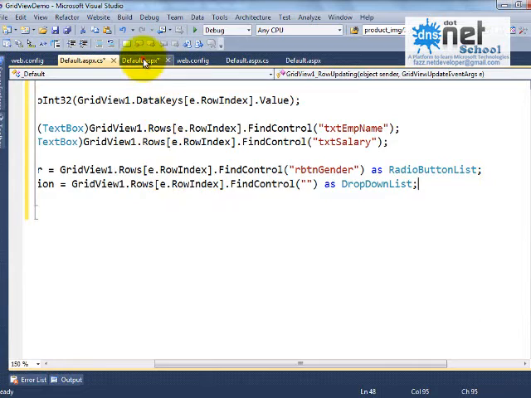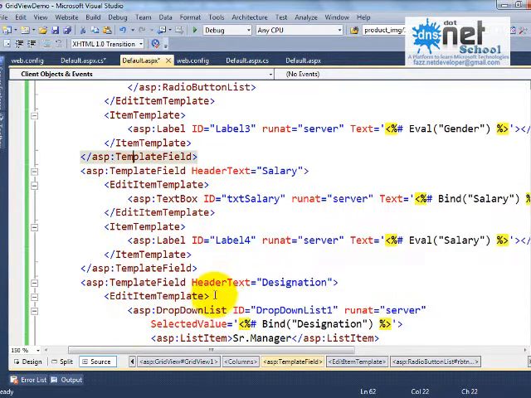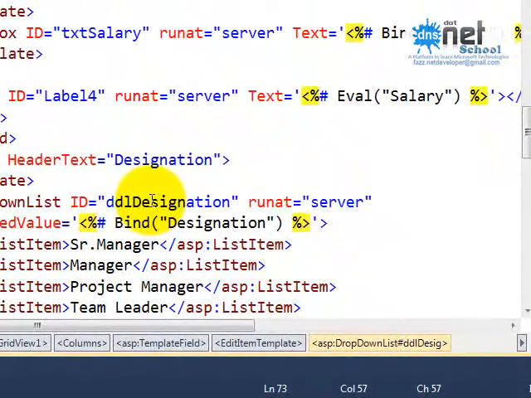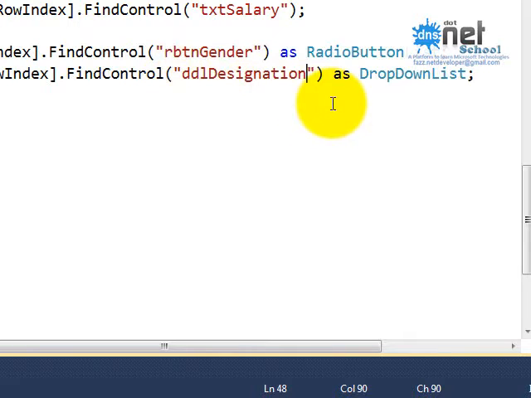Let me check what the drop down list ID is. It's DropDownList1. Okay, let's say ddlDesignation. Copy it, paste it here as DropDownList.